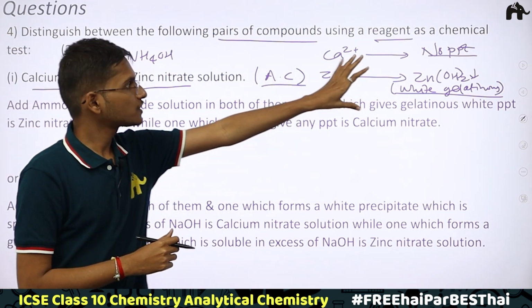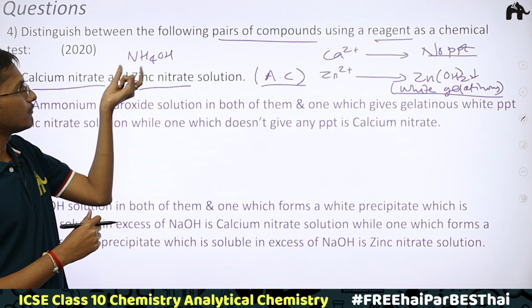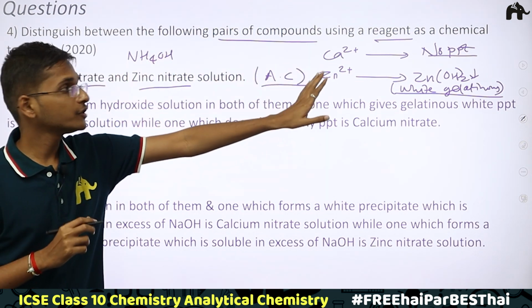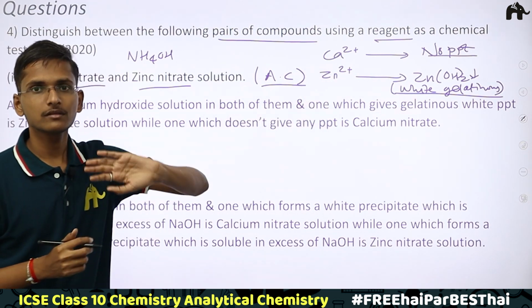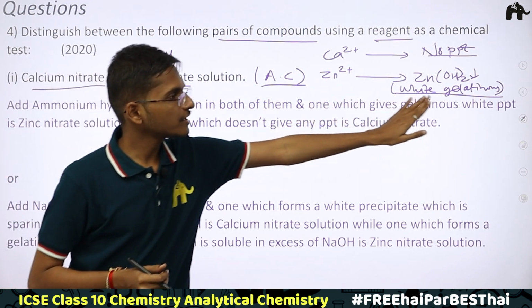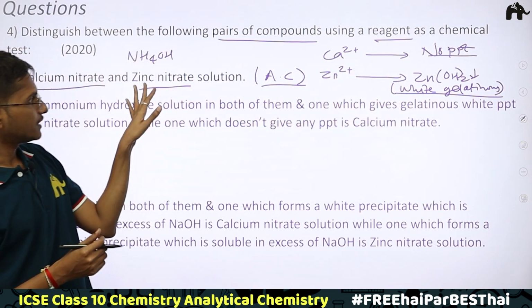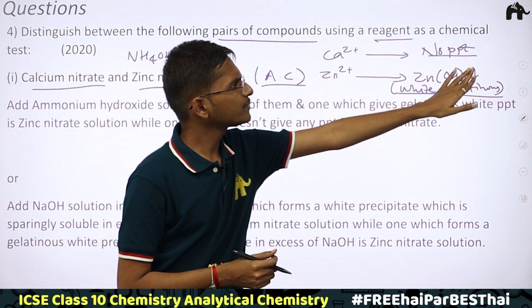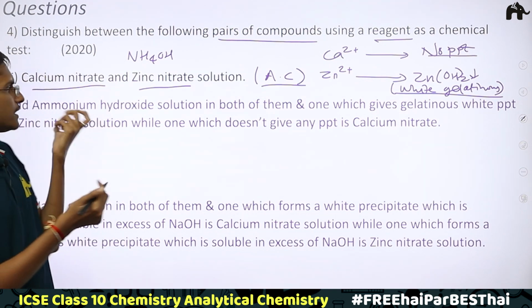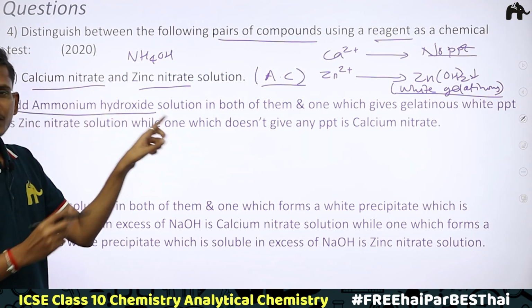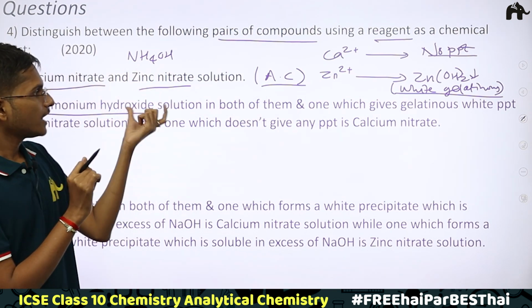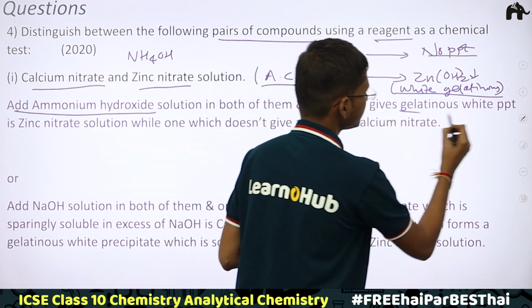So what you would observe is, we have to write the same thing in the answer. In order to distinguish between these two salt solutions, you add ammonium hydroxide into them. Calcium salt solution won't give me any precipitate, but zinc salt solution would give me a white gelatinous precipitate. So I could figure out that the solution which is giving me white gelatinous precipitate is of zinc salt, which means it is zinc nitrate. The solution which is not giving me any precipitate is of calcium salt, which means it is calcium nitrate. Simple. So I have to write the same way in the exam. Add ammonium hydroxide solution in both of the test tubes, one having calcium nitrate, one having zinc nitrate, and the one which gives gelatinous white precipitate